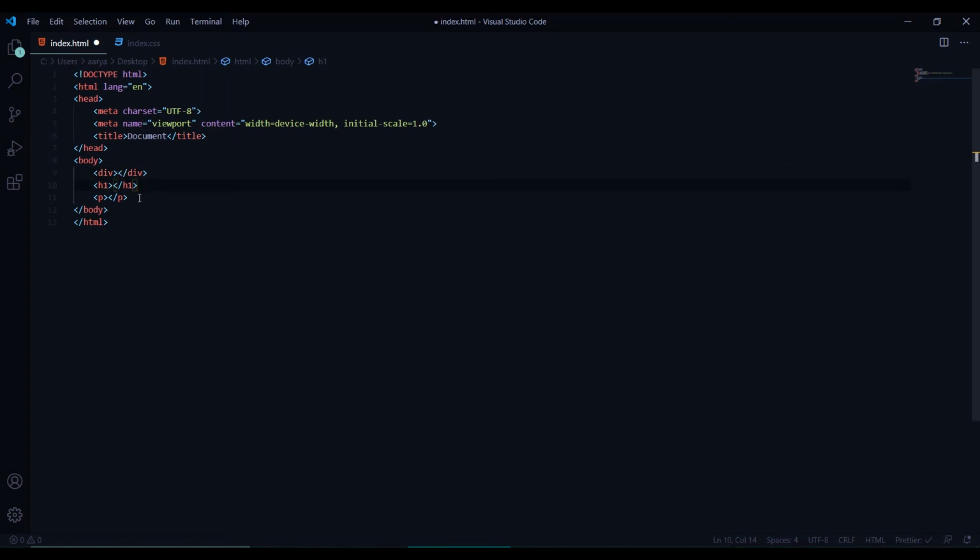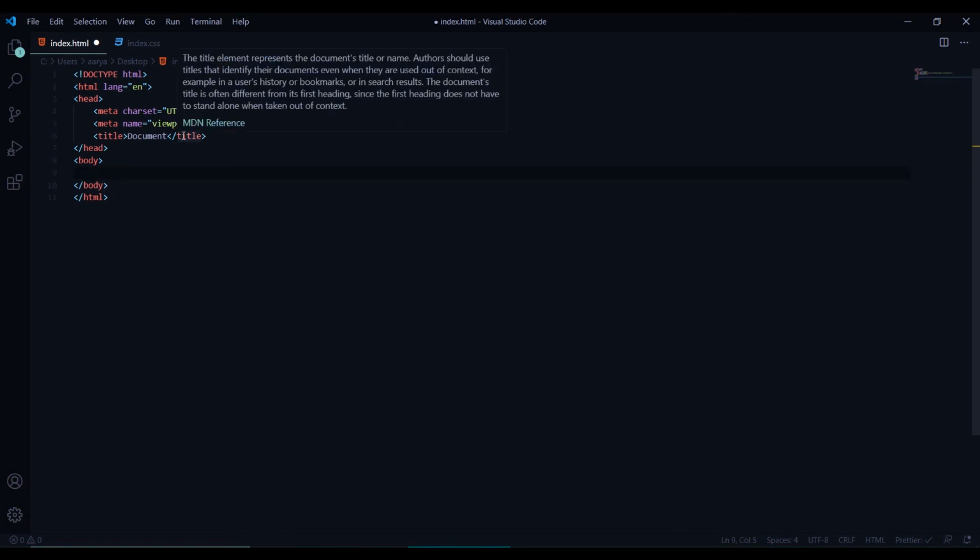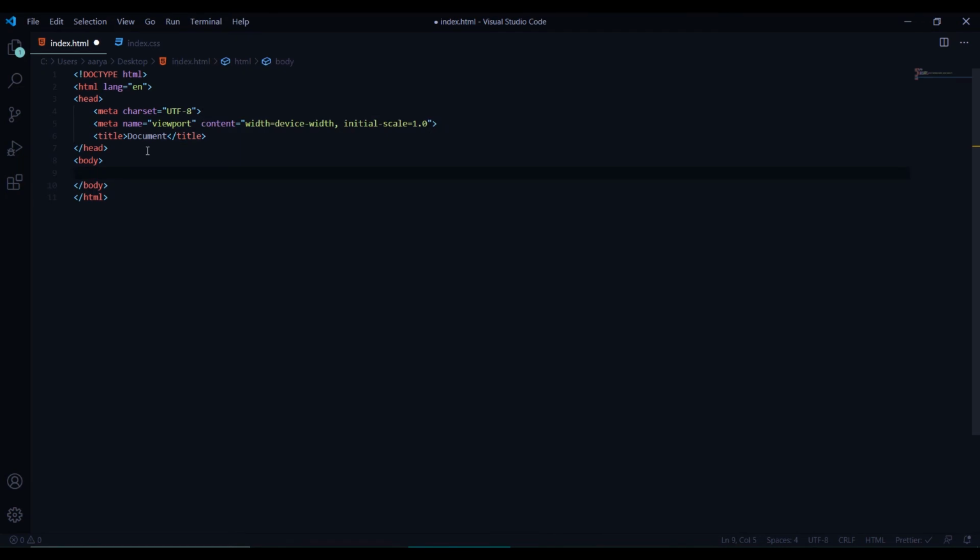Now sibling means they should be inside the same tag. Now these all 3 are inside the body tag. That means these all are siblings to each other, and they're separated by a plus symbol when you're writing in Emmet abbreviation.